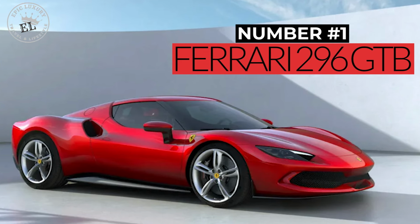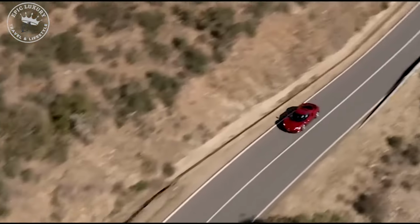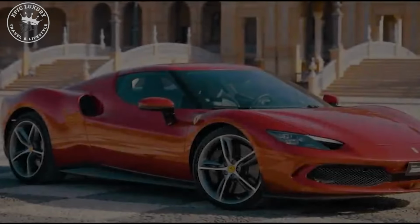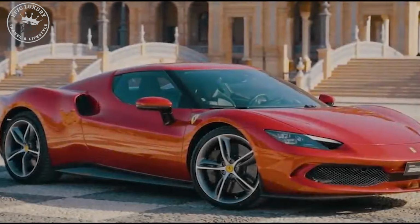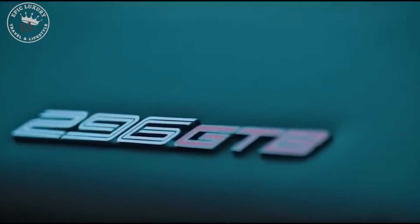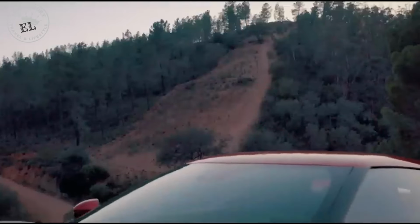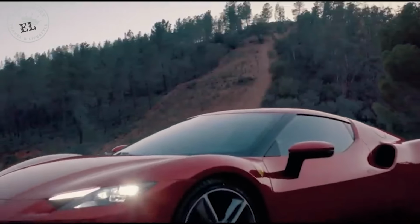$320,000. The Ferrari 296 GTB is proof that plug-in hybrids don't have to be boring, and the electric technology in this car bodes well for Ferrari's upcoming fully electric car to arrive in 2025. The 296 GTB packs a 3.0-liter twin-turbocharged V6 engine, a first for the brand, paired with a 7.45 kilowatt-hour battery and electric motor, which combine to produce a staggering